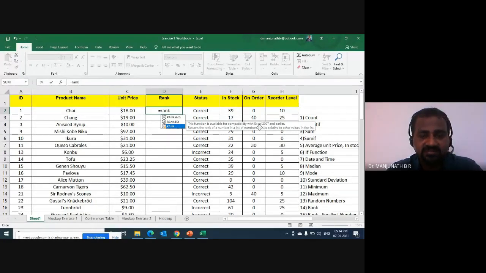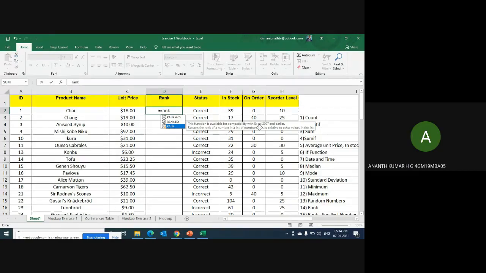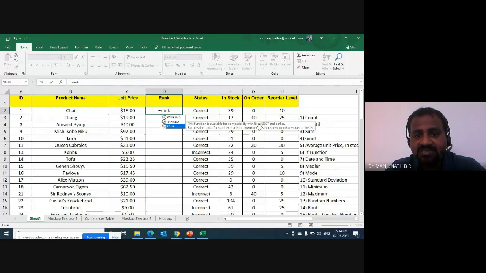What does this mean? Any guess what this means? Are you getting the same message in your Excel? Yes, sir. Oh, okay. Is it saying this function is available for compatibility with Excel 2007 and earlier?